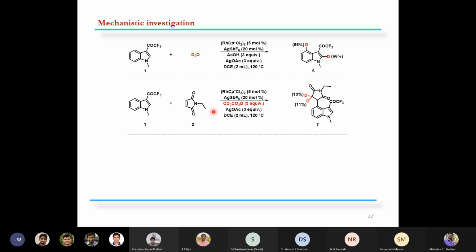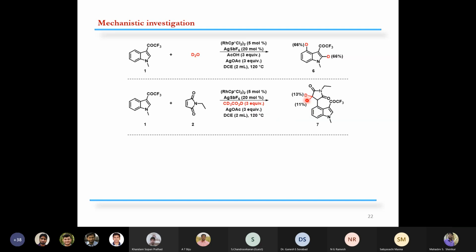And in the second reaction, instead of acetic acid, we employed deuterated acetic acid, and there we observed the formation of deuterated product by 13% and 11% on the maleimide ring. So this reaction shows that acetic acid is responsible for quenching this metallocycle, which we call